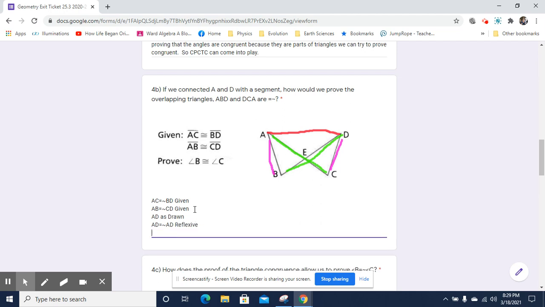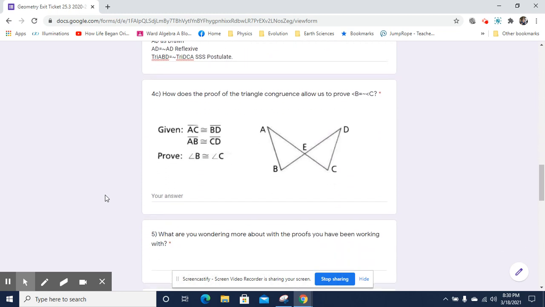And then now we have the information to say that triangle ABD is congruent to triangle DCA by side, side, side postulate. And now we have two triangles that are congruent. And that'll, of course, be super useful to us because if those two triangles are congruent,